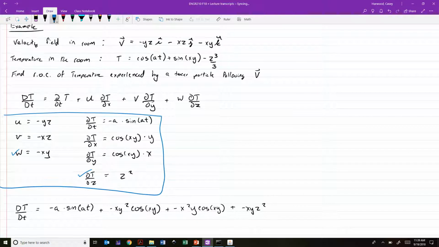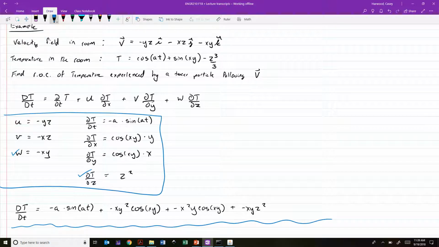Any questions on this example? All right. Let's move on to